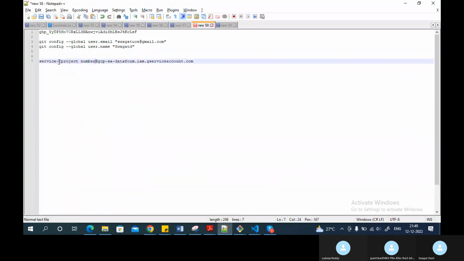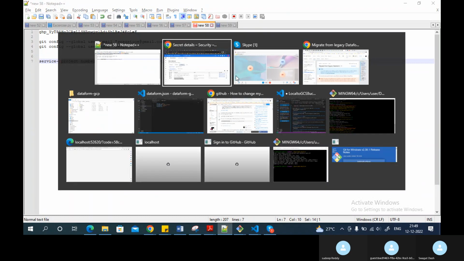Project number, and from where you will get the project number, other things will be same. Okay, GCP service account data from IAM, but this one is your project number. So project number, if you go to your... so first of all, here you can see, so this is the